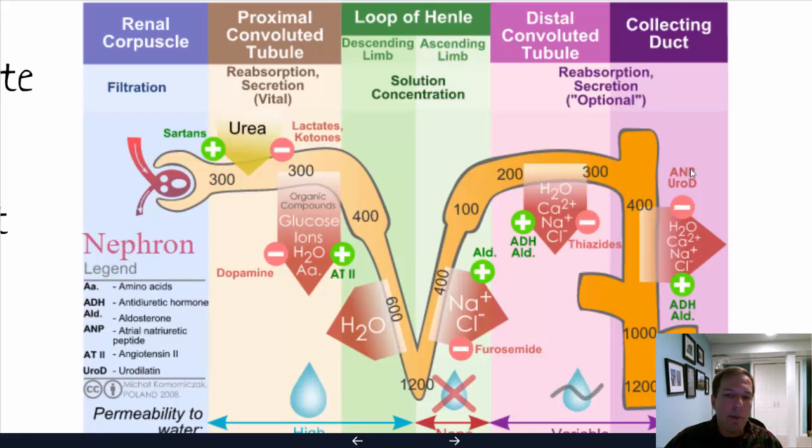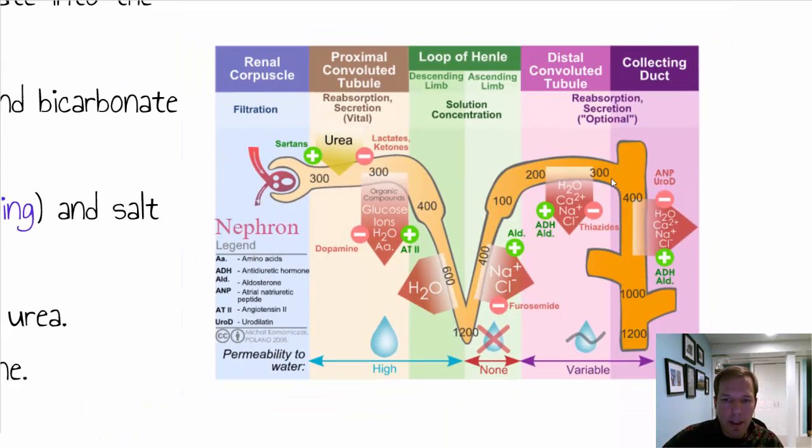The second diagram gives a little bit of a different look, but I think is helpful in other ways to be able to show what's happening. First of all, at the top it gives us the locations, the different parts of the kidney nephron, starting with the glomerulus, what's also known as the renal corpuscle, then movement into the Bowman's capsule to the proximal convoluted tubule,